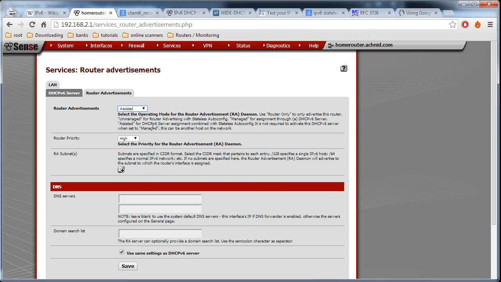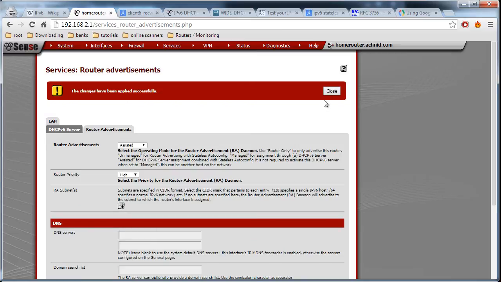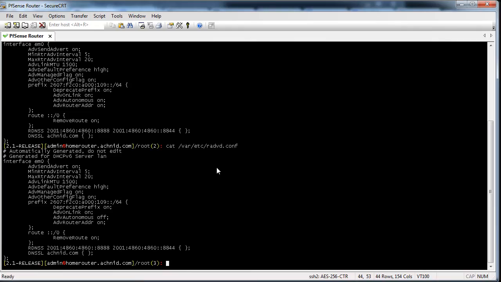This is the good behavior in managed. In assisted, I noticed one quirk, so I hit save, and now I'm going to reread that file, and over here you'll see this flag right here, the managed flag. This should have been off, and obviously this autonomous one on. Why is this on? I don't know if this is default behavior by design or if this is a bug, but basically I'm going to edit